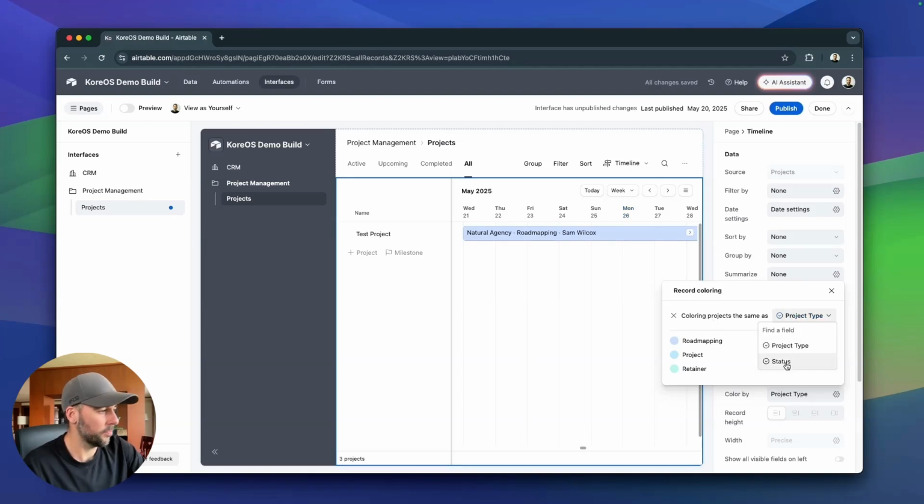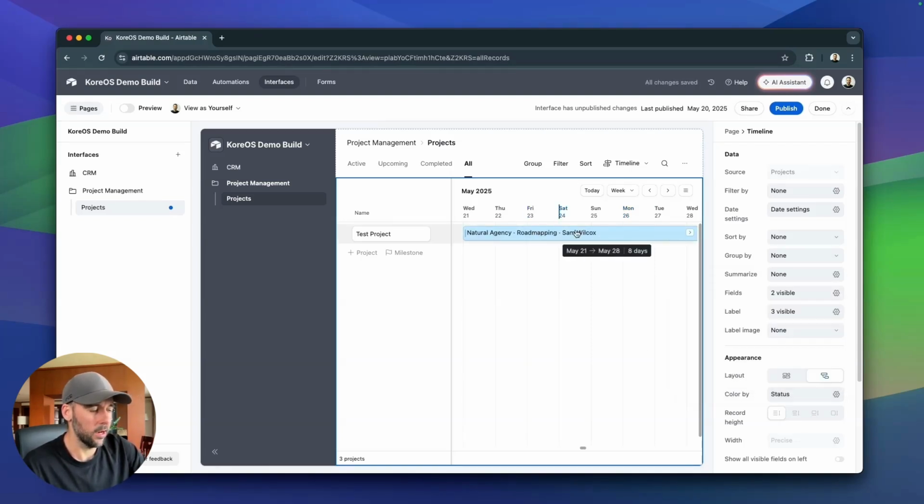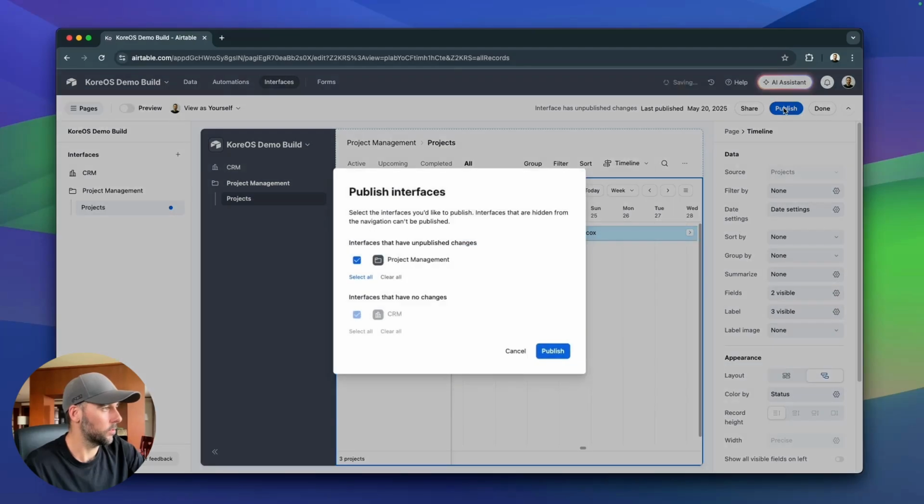Or the project type. So maybe you have at risk as red, and then it's easy to see on the timeline that this project is at risk. A bunch of stuff in here, I'll let you guys play around with that and set this up how you want, but it's really straightforward. You just click on this and then start editing how you want this to appear through the settings on the right-hand side. So if we click publish,